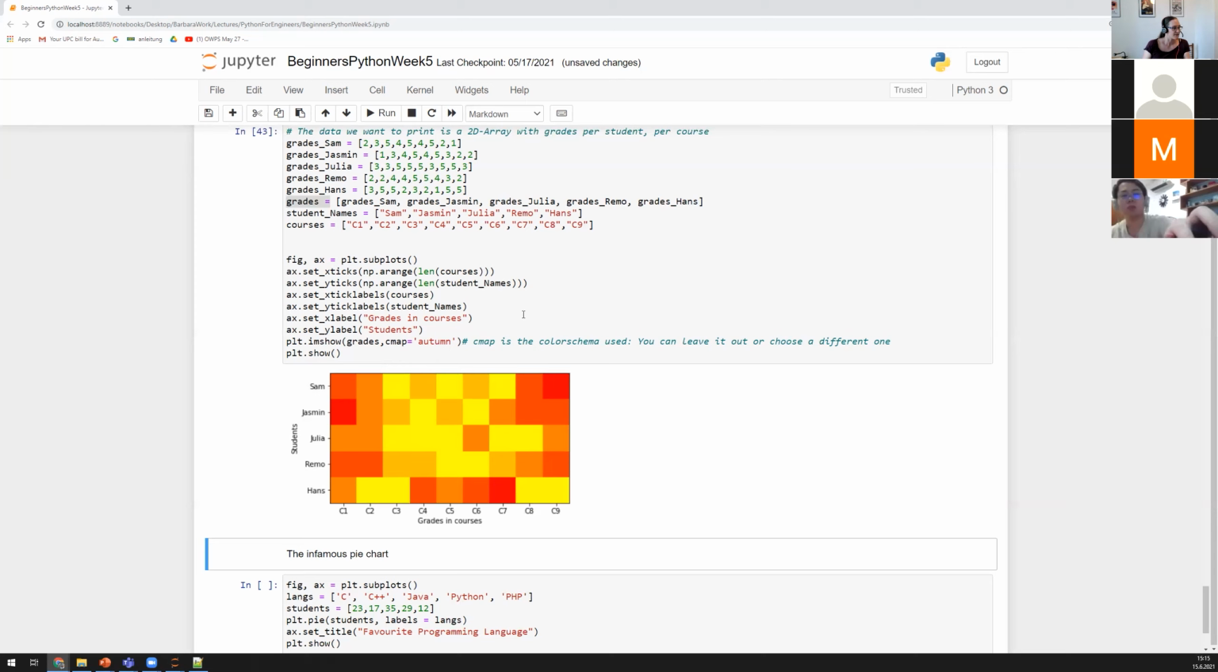Maybe one thing that's important is also how you set these names, here the names of the students, so that you actually know what you're seeing. So this was done here. You can see that student names is just an array with strings in it. I mean the courses as well. And then you can set the X ticks, like these